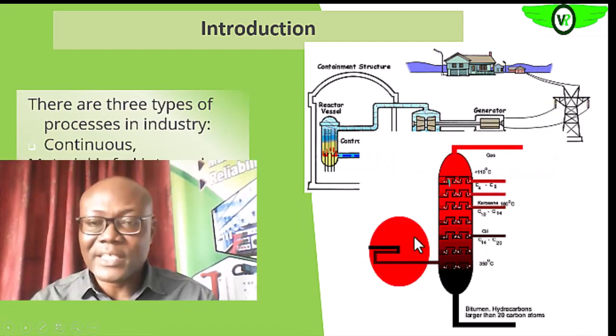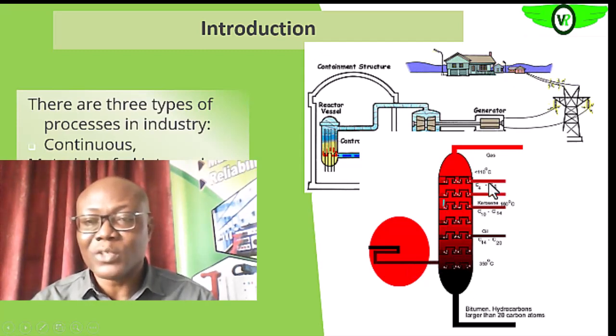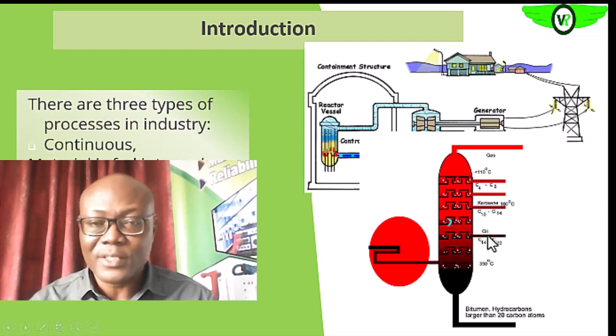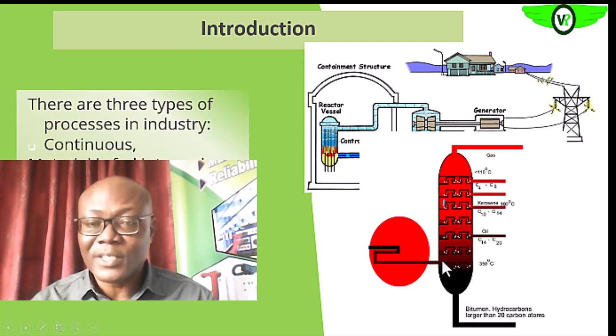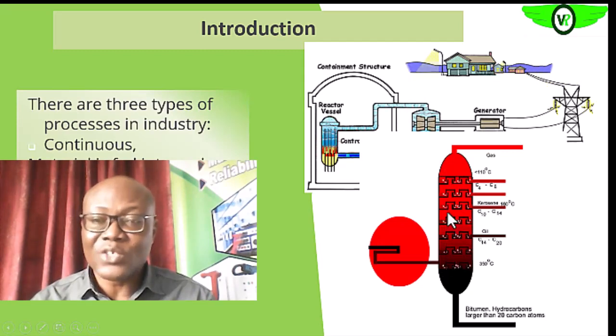Then also, in refining, the distillation process is a continuous process. So you see that we continually feed crude into the distillation column and continually take out product at the various draw off points. It is heated in the heater and then sent into the distillation column, as you can see. The parts that have been vaporized will rise up the column,